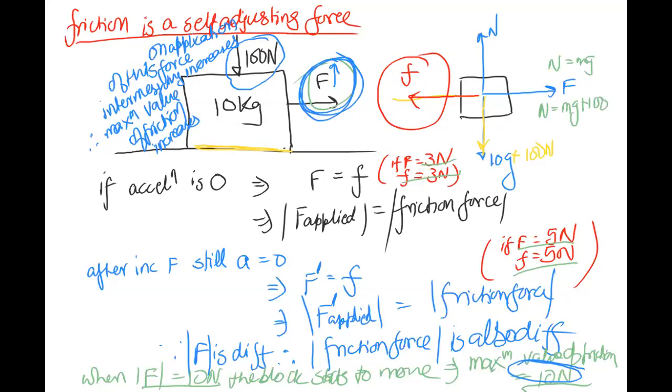mg प्लस 100 हो गई नॉर्मल रिएक्शन की वैल्यू. अब अगर मैं यहाँ पे 1000 न्यूटन कर दूंगा तो क्या होएगा? N की वैल्यू mg प्लस 1000 हो जाएगी, राइट? और फ्रिक्शन और बढ़ जाएगा, मतलब मैक्सिमम फोर्स ऑफ फ्रिक्शन और बढ़ जाएगी। अगर मैं यहाँ पे 10,000 कर दूंगा तो N की वैल्यू mg प्लस 10,000 हो जाएगी और मैक्सिमम फ्रिक्शन फोर्स की वैल्यू और भी बढ़ जाएगी।